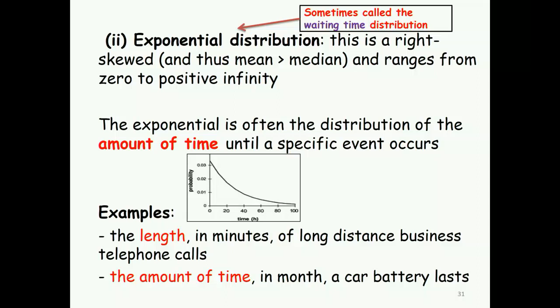Most of the time, they call it the waiting time distribution. You see, time is again continuous. It is a waiting time distribution. The minimum is 0, and it has infinite value to the right. To give you a little bit of an idea so that you can link exponential, consider the length in minutes